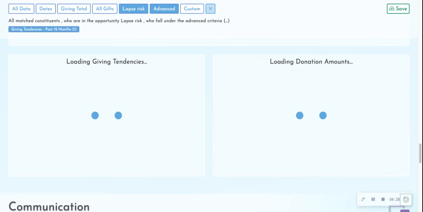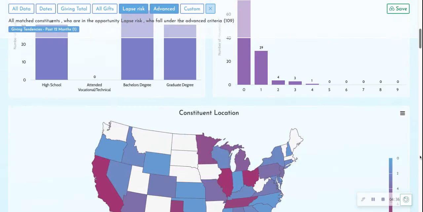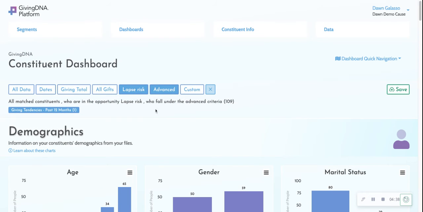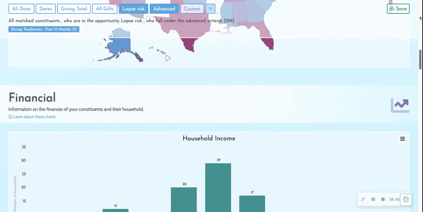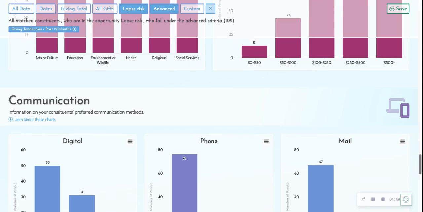So I might select those 109 individuals, and now I've culled that list down to 109. So you can see that list has now been filtered to the criteria that I just requested very easily. And now what I might want to do is see what are their communication